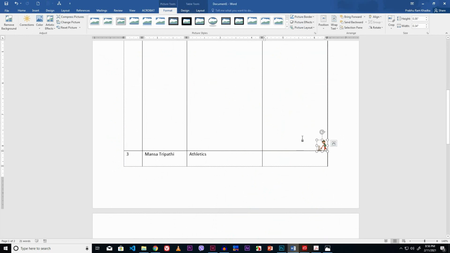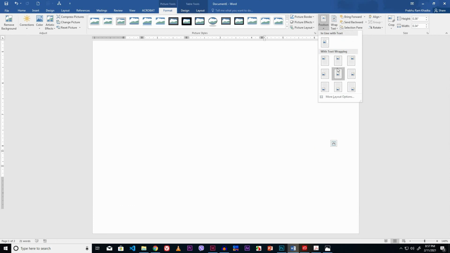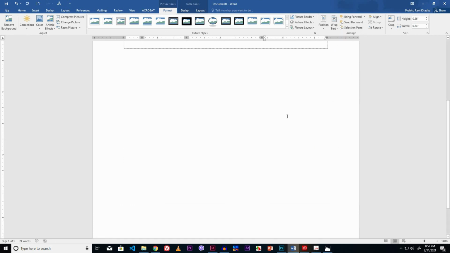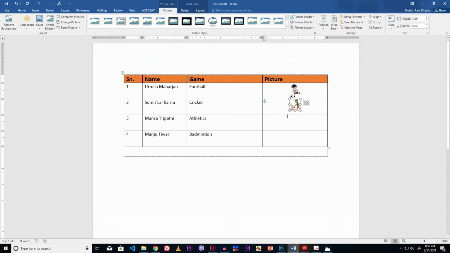Now position this image. Click the position drop down button from arrange group of format tab. Select the position. Now adjust this image using the arrow keys. I use down arrow key.